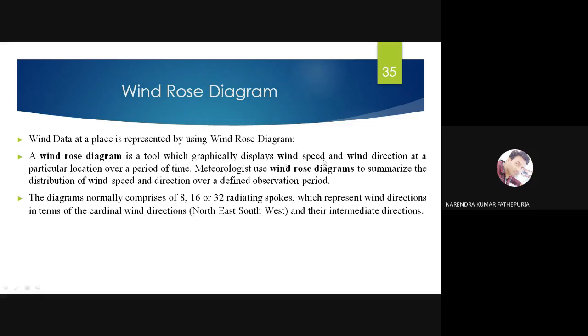A windrose diagram is a tool which displays wind speed and wind direction at a particular location over a period of time. Meteorologists use the windrose diagram to summarize the distribution of wind speed and direction over a defined observation period. The diagram normally comprises 8, 16 or 32 radiating spokes, which represent wind directions in terms of cardinal wind directions like north, east, west,